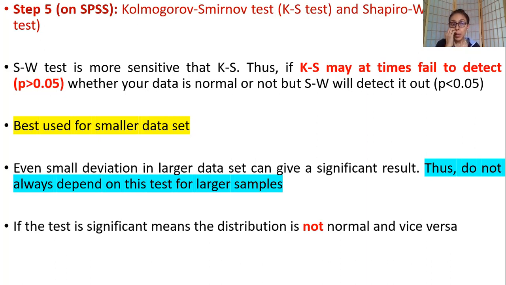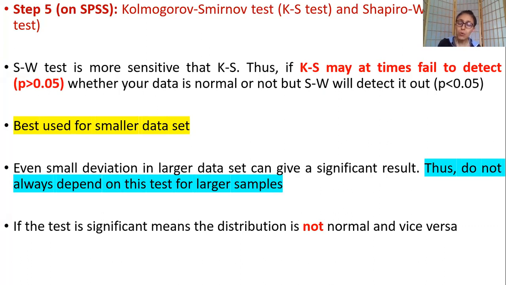in most cases. But do remember, and this is a cautionary note, KS and SW tests are best used for small data sets. When you have a very large data set, even a minor tweak can give you errors, and it may say that your data is not normally distributed, which may not be the case. When you have a very large sample size, you always do all of the other procedures also: how is the mean situated with the median, what is the difference between the skewness and the standard error. I do all of that to confirm, and when I have multiple things telling me the same story, then I do not just rely on the KS and SW test.